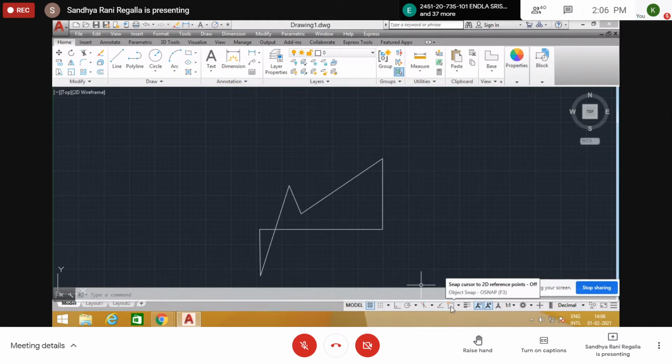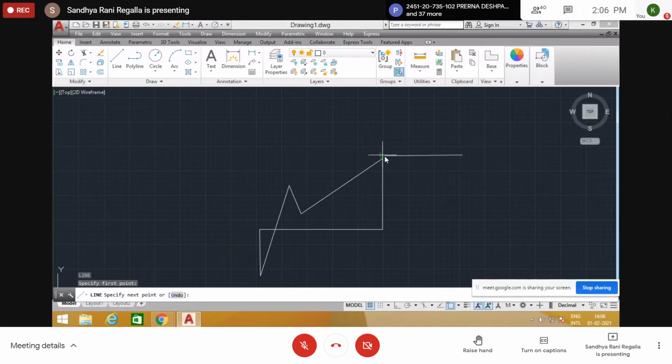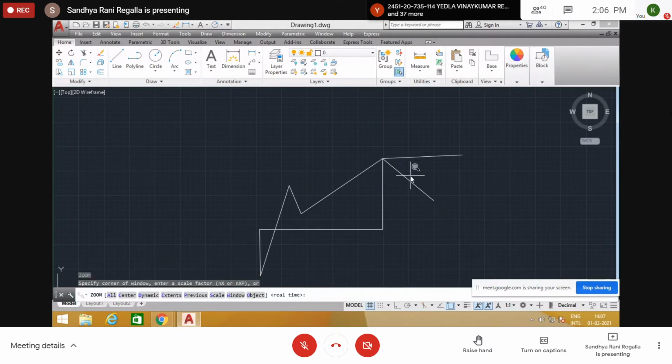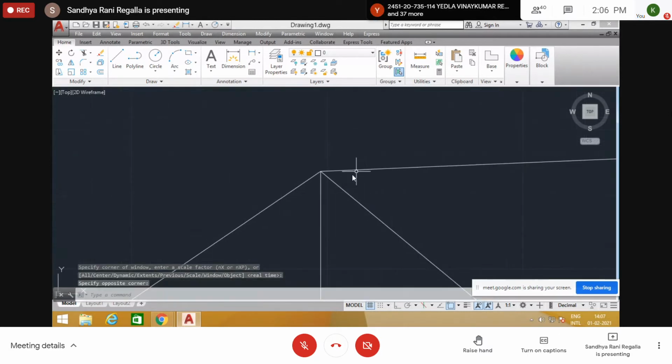Now if you turn on this OSNAP and you want to draw any line, and if I want to pick up this corner point, the corner point is highlighted immediately, the end point of the line. Simply I pick up the end point easily. See, now if you zoom and see, it exactly picks up the end point of the line.